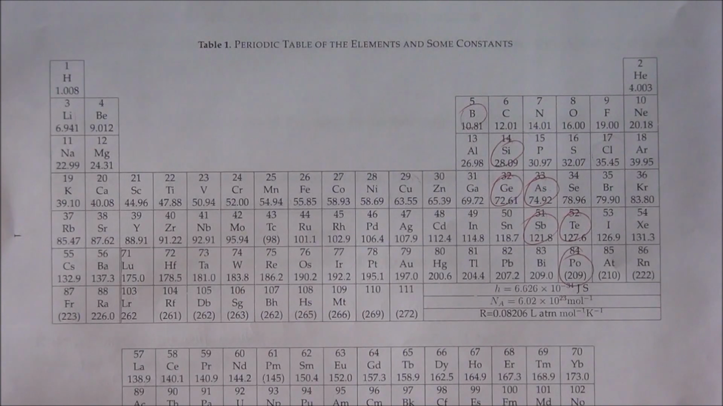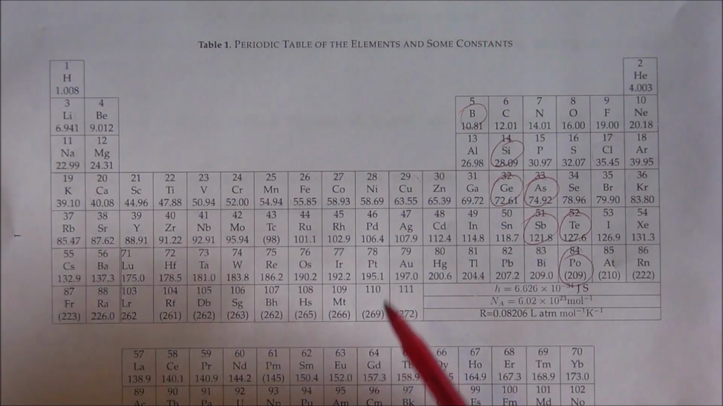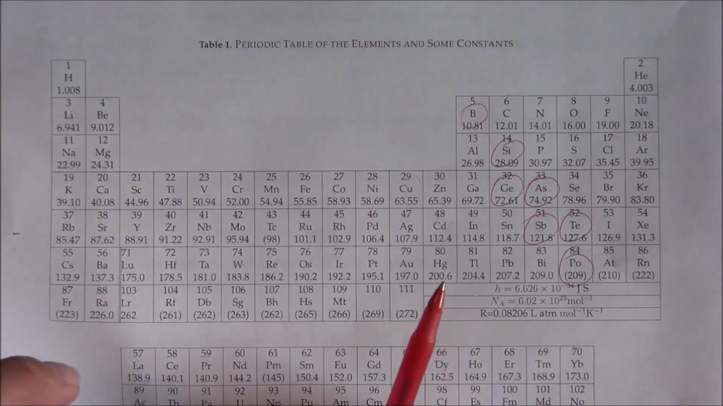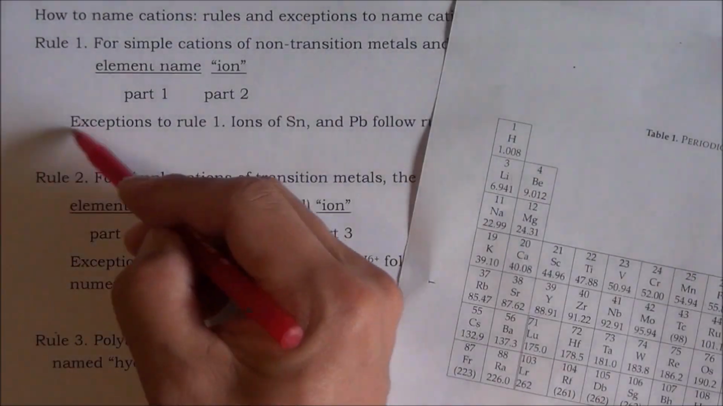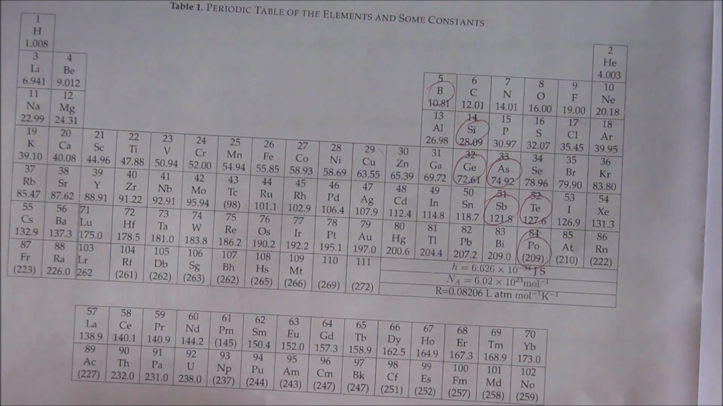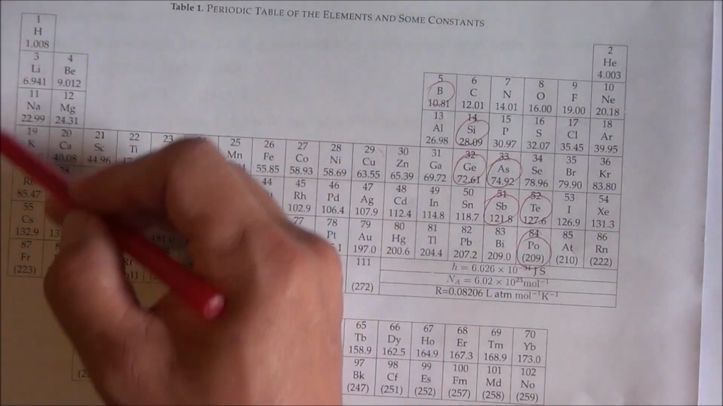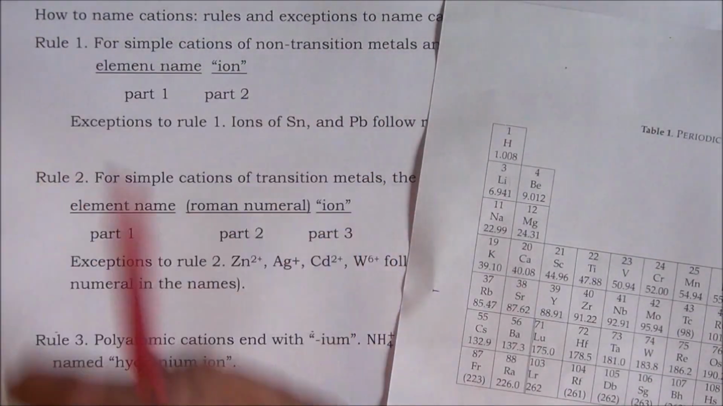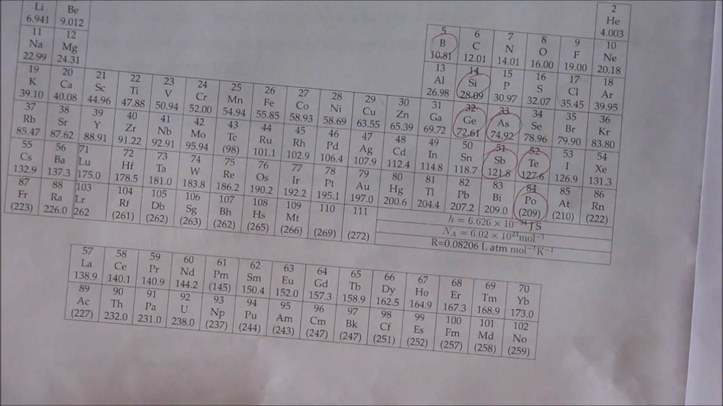Depending on the metals that form the simple cations, we will name them in a slightly different way. If the simple cations are formed by transition metals, the name includes 3 different parts, which is rule number 2. And if the simple cations are formed by non-transition metals, the name includes 2 different parts, which is rule number 1. And there are 2 exceptions, or to be more precise, I probably should say there are 4 exceptions for